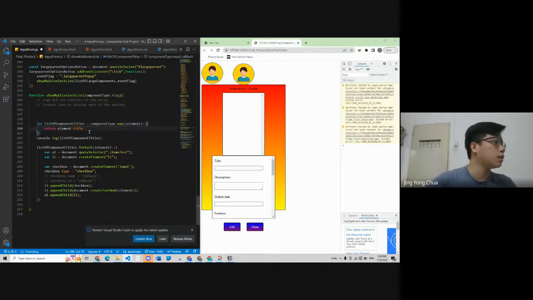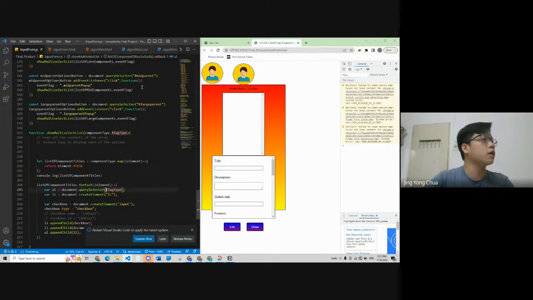and yeah, I think this one we call it flag type, right? Flag type. And here, query selector will be flag type instead. So the reason why we're doing this is so that when we click on the mid parent, all right,